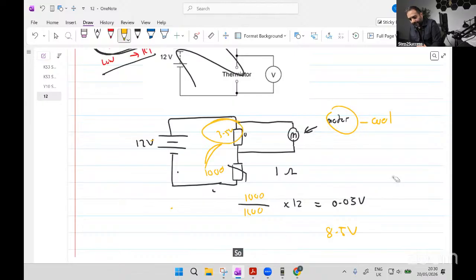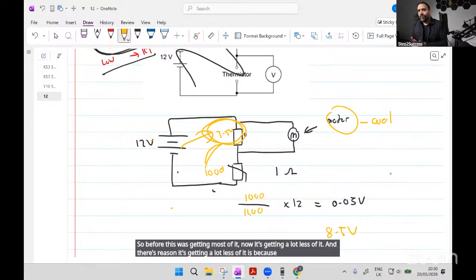So before this was getting most of it, now it's getting a lot less of it. And the reason it's getting a lot less of it is because the temperature has fallen and we don't need this motor to be on as much. And therefore we are able to